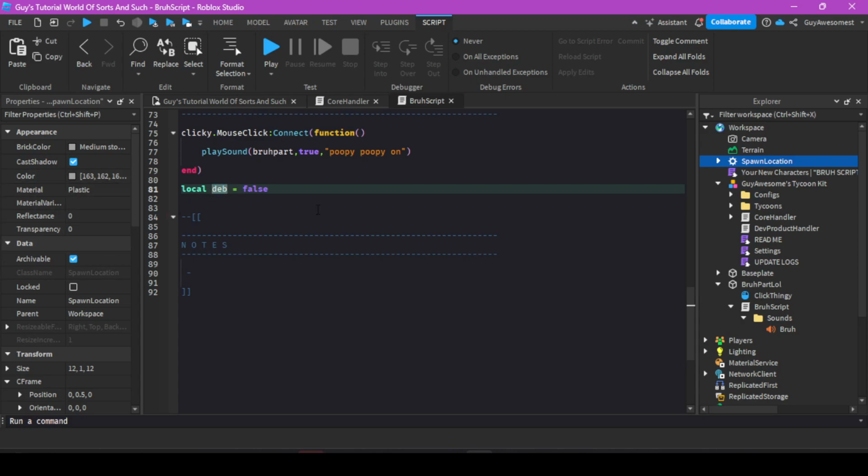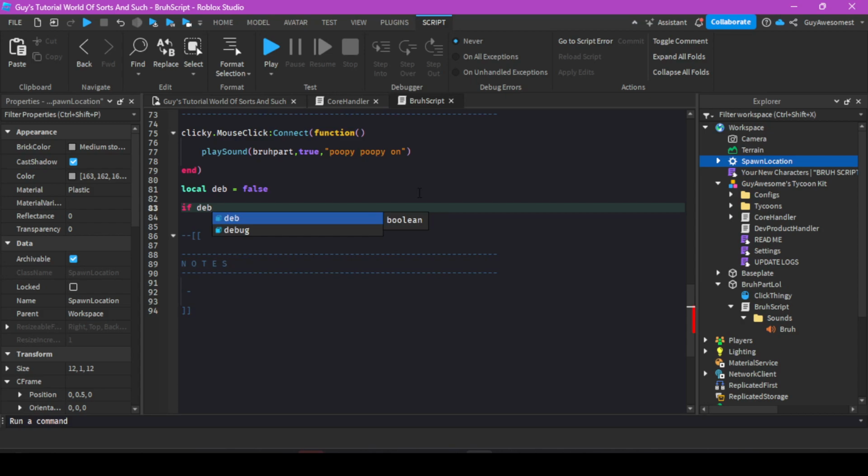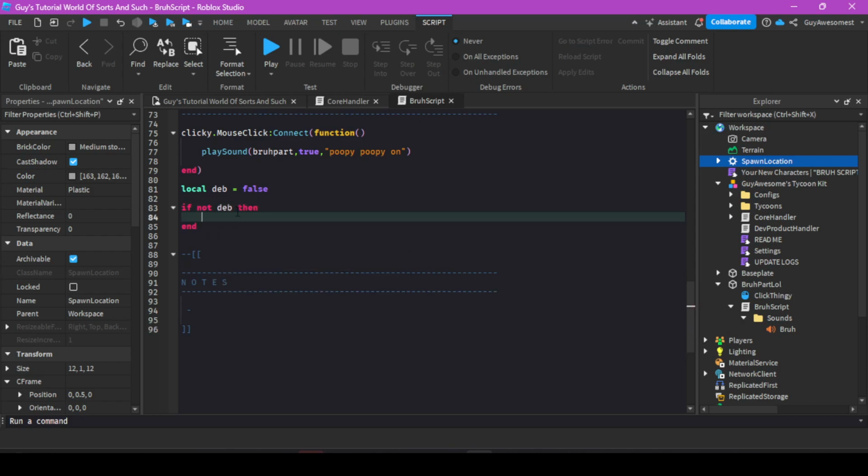Now, debounce, a lot of people try to make it out to be something really complicated. All it is is just a boolean, one singular boolean, and an if statement. So what I would do for debounce, it's very simple. It's not complicated. It's very simple. Debounce. So if debounce, actually, I'm gonna do if not debounce, then, and like I said earlier, you could just